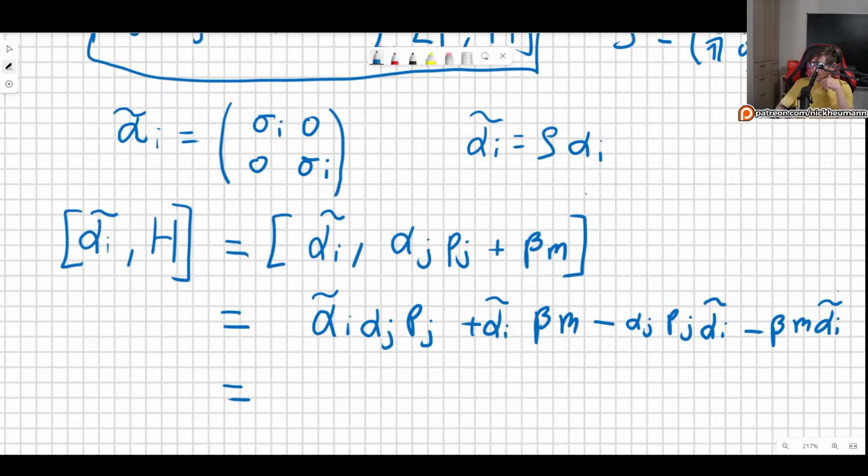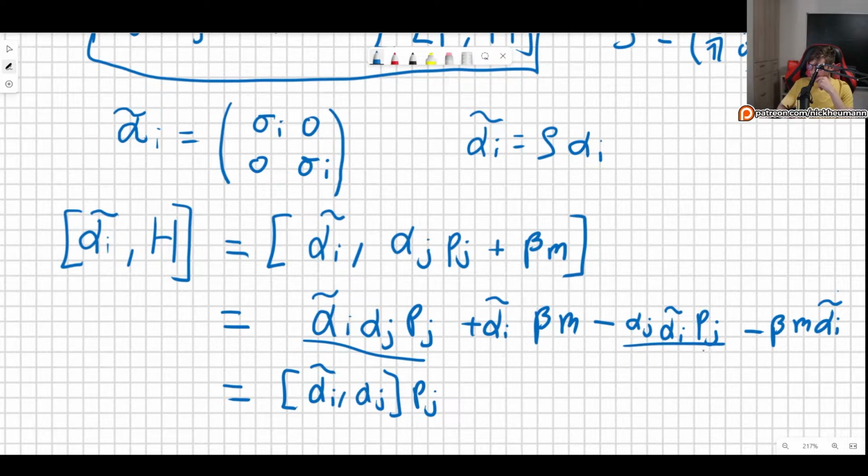So if we want to be able to rewrite this, maybe in the form of a commutator, we can commute the pj's. We can commute pj and the alpha i's because none of the alphas depend on space. It's simply Pauli matrices, they don't depend on space, so the derivatives do not affect them. So with this, we now see that we have the commutator between alpha I tilde and alpha j, pj,